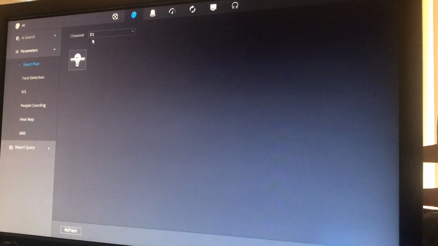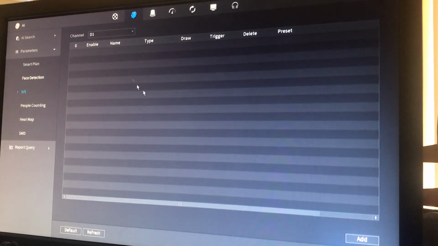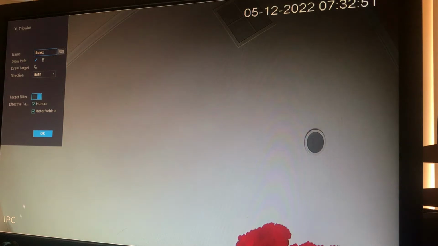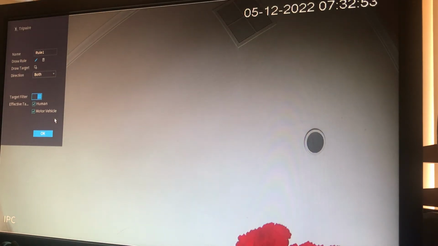So let's say we want D1, which is camera 1. I'd select that, so it makes it blue. I would apply, and then I would hit the IVS. So we're on channel 1. I would say add. So down the bottom there, I'm just clicking add, and then I will draw. So it brings up that camera, and you